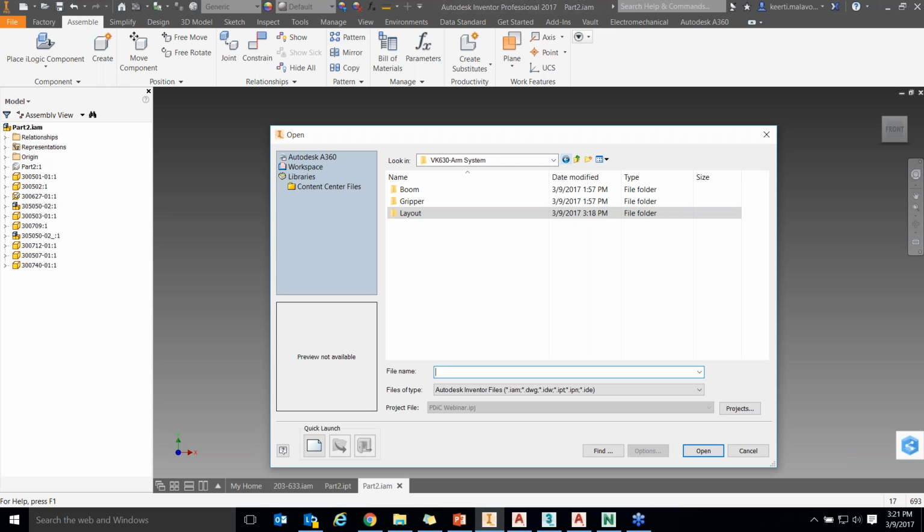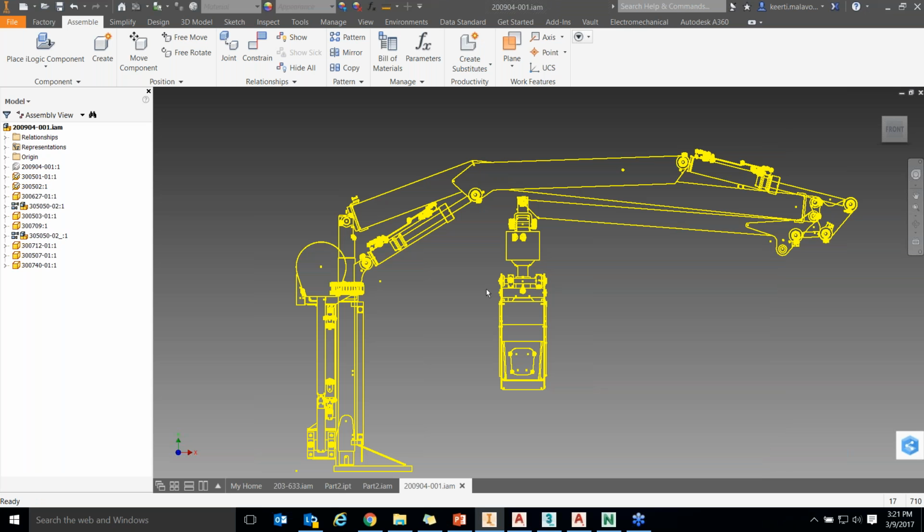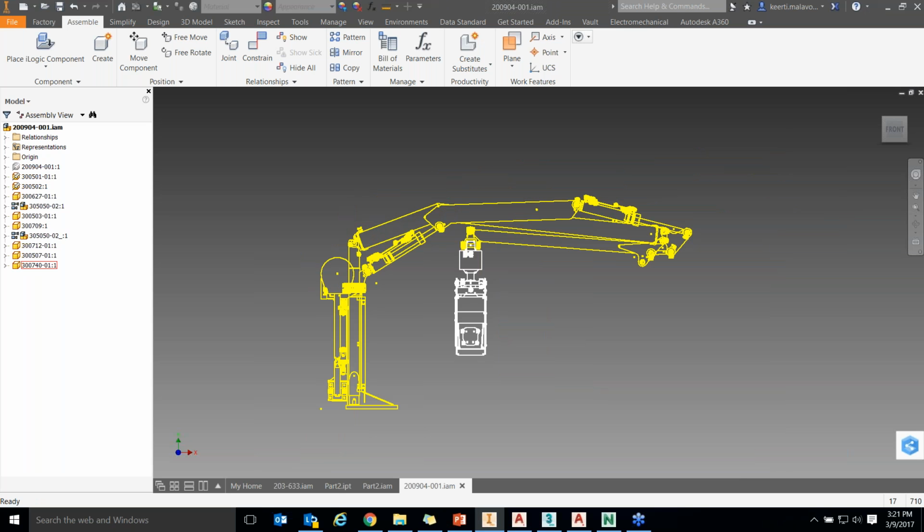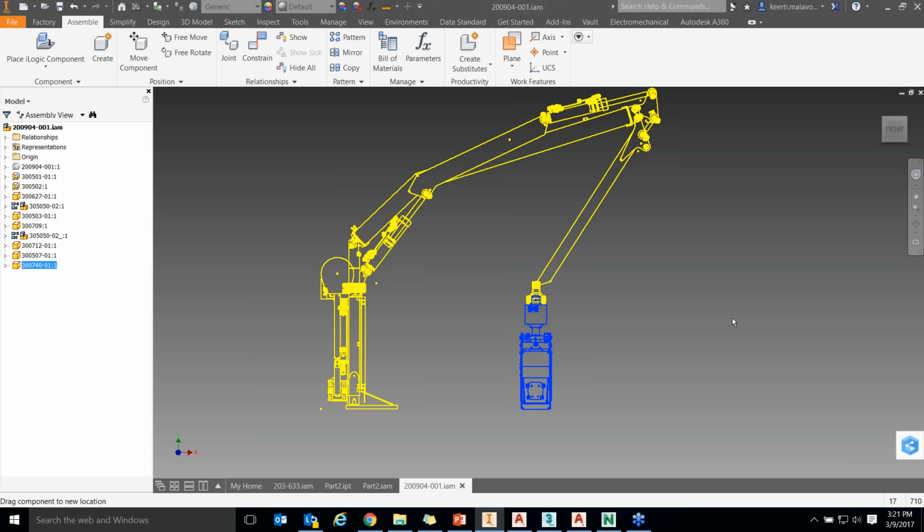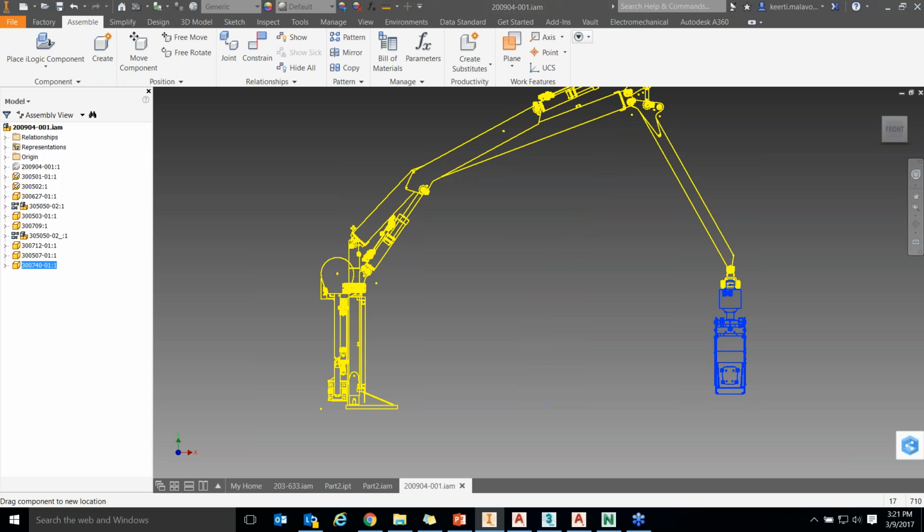I will just go ahead and show you something that I've already created. So I have my completed file. I go ahead and see what is the extent, whether it is behaving as per my linking and the kinematics that is provided, what is the extension of it, what is the reach,